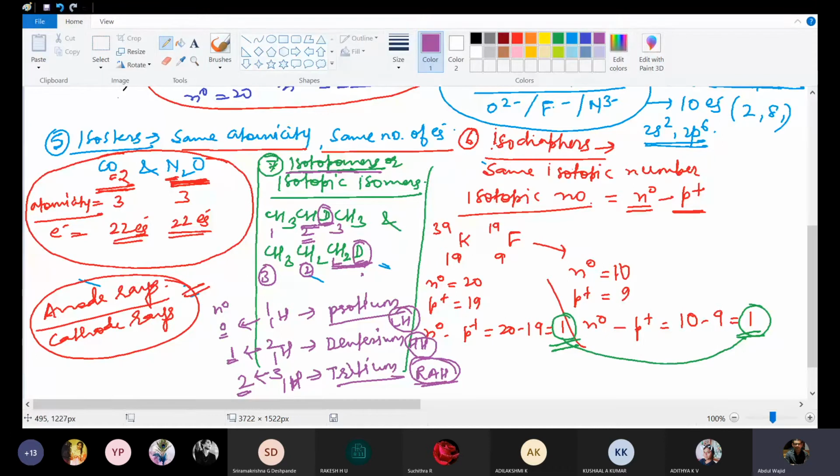This question was there in IIT: protium is the only species in the entire periodic table which has 0 neutrons. It is protium only, this isotope of hydrogen. Deuterium and tritium have neutrons, but protium does not have any neutron. So see, here one deuterium and here also one deuterium, the same in number, but their position is different. This is the meaning of isotopomers or isotopic isomers. Fine.